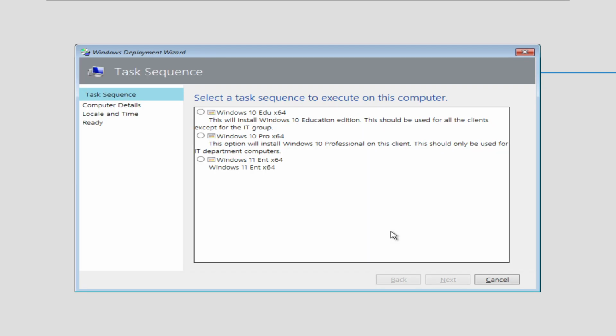So the very first step of your Windows Deployment Wizard is the task sequences, and you have the options of Windows 10 EDU x64, Windows 10 Pro x64, and Windows 11. As you can see, remember that description I wrote, and it shows up right here. It says this will install Windows 10 Education Edition. This should be used for all clients except for the IT group. This one says this option will install Windows 10 Professional on this client, and this should be used only for IT department computers. And this one says Windows 11 ENT, because the reason for that is